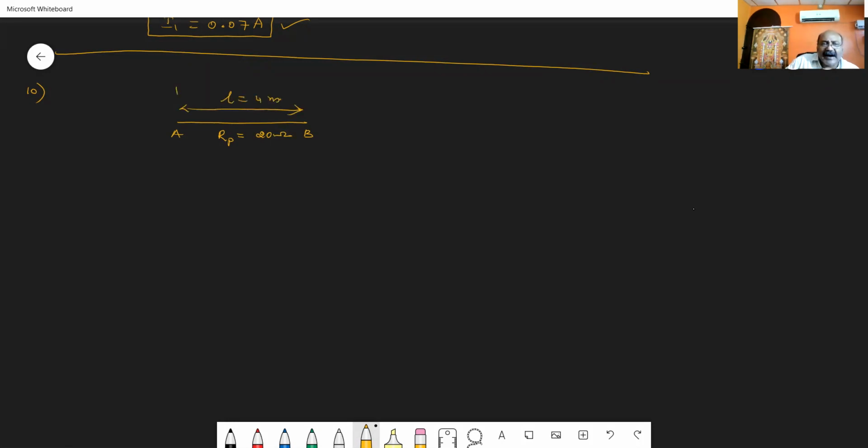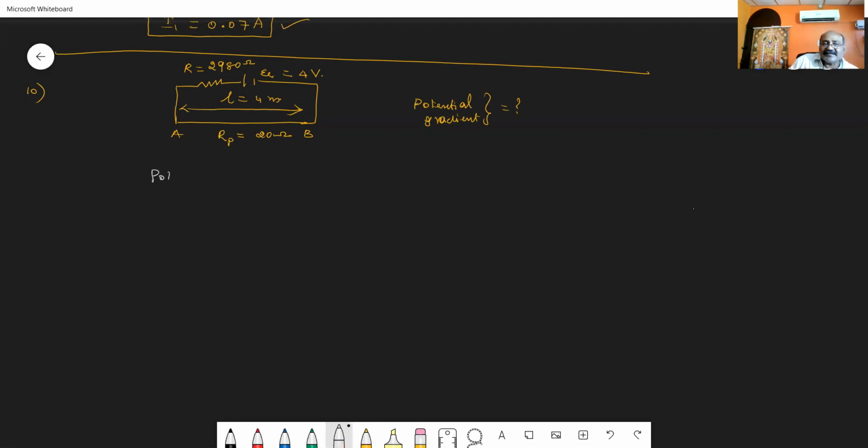To this, what they have done? To this, they have connected an external resistance and a cell or a battery in series. The resistance connected, let us consider it as R, 2980 ohm. And the EMF connected is considered to be equal to 4 volt. What they have asked you to calculate is the potential gradient. What do you mean by this potential gradient?